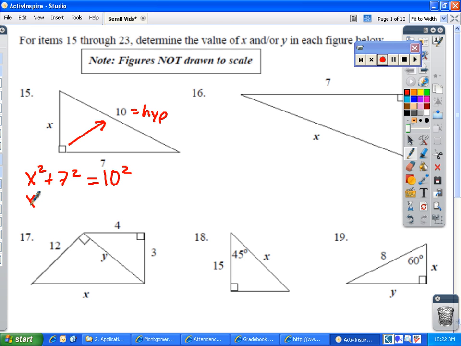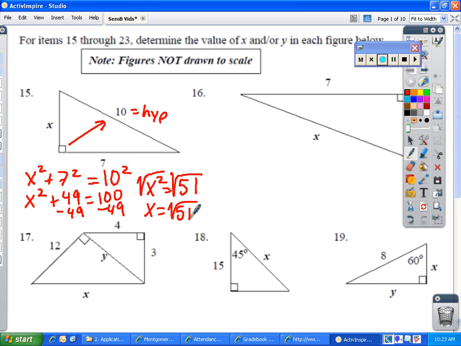All right, we're just going to finish this up. x squared plus 7 squared, which is 49, equals 10 squared, which is 100. Subtract 49 from both sides. And that tells us that x squared is 51. And then to find x from that, we're going to take the square root of both sides, so x becomes root 51. If there's a perfect square that goes into 51 that you can think of, by all means try to divide it out so that we can simplify it, but I'm pretty sure that 51 is as simple as it can be. All right, for number 16,